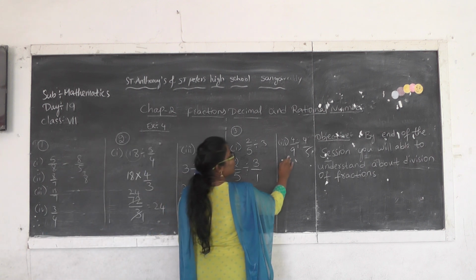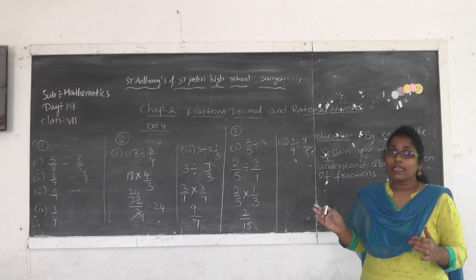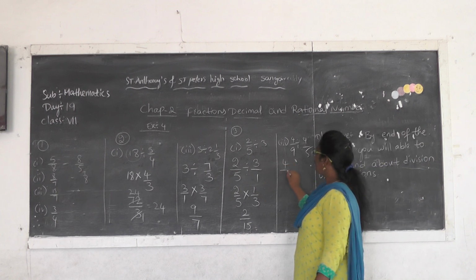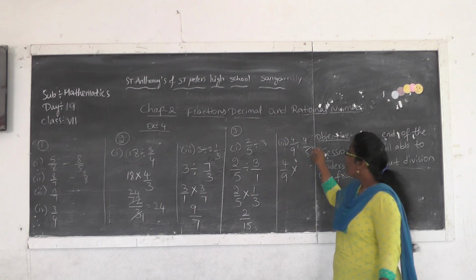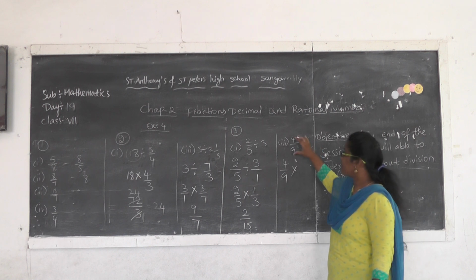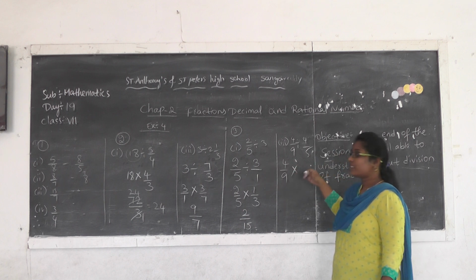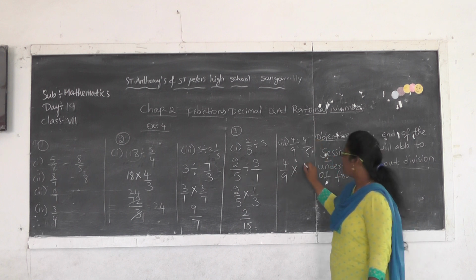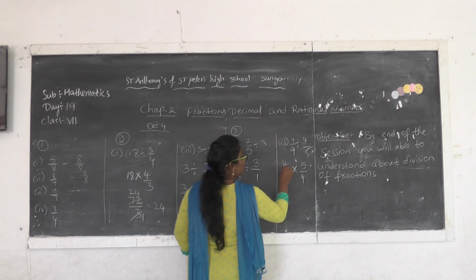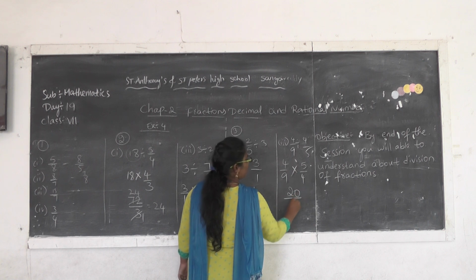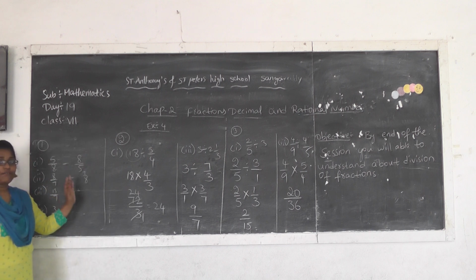Okay, now next. 4 by 9 divided by 4 by 5. Here what is the question? Here we are doing both as fractions. Okay, how do we have to do it? 4 by 9 division. What we have to do? First step, division we are changing into multiplication by changing the reciprocal of the second fraction. First fraction writing as it is. Division, in the place of division we have to write into. Next we have to write the reciprocal of 4 by 5. Here it is nothing but 5 by 4. Now what we have to do? 4 fives are 20. 9 fours are 36. So in this way we have to do divisions of the fractions.